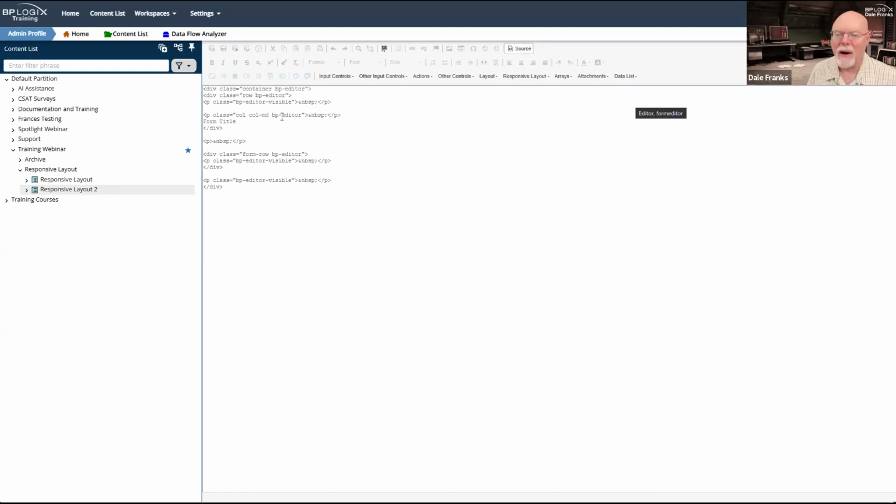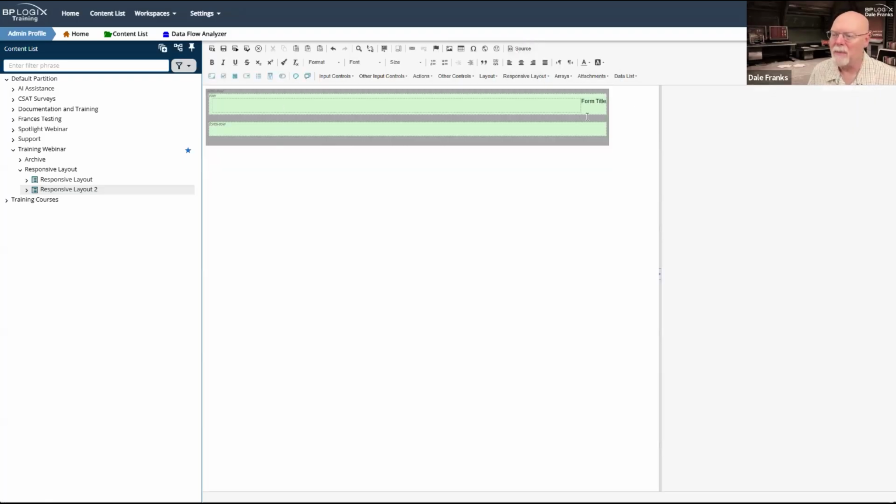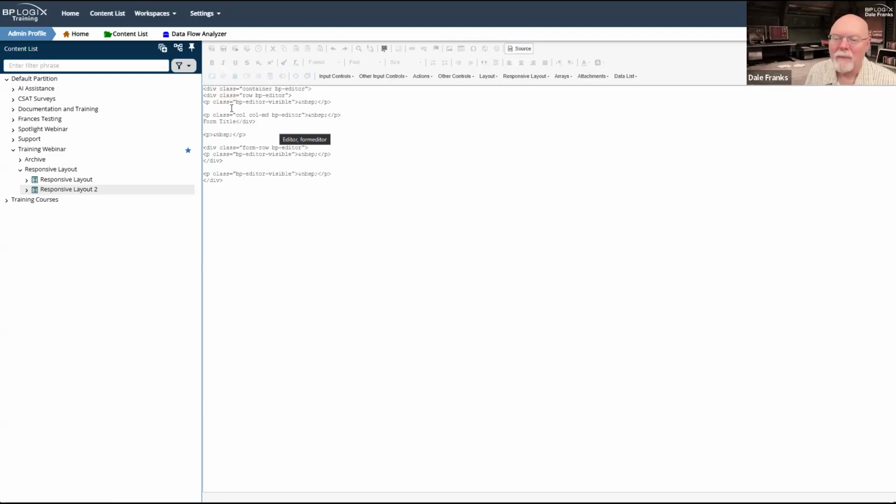I'm not sure why my column control wasn't showing up there. See, this is where it gets super tricky. Okay, container, P class BP editor, column BP editor. Oh, my row is outside my column. It's all messed up.